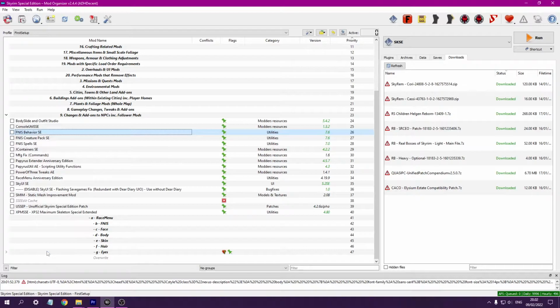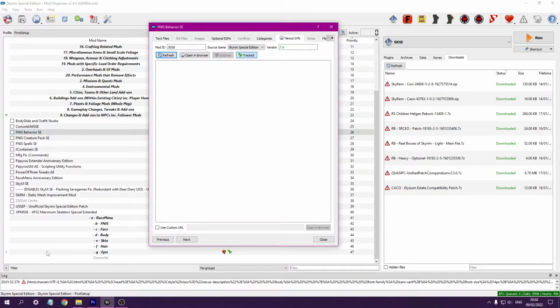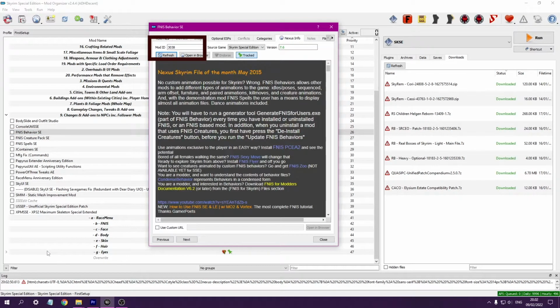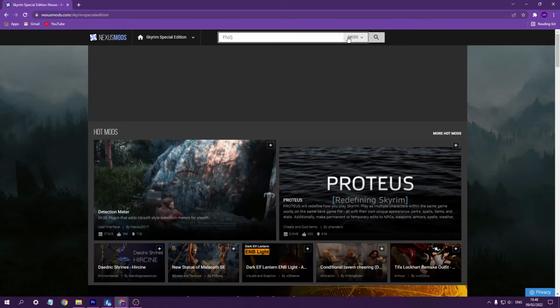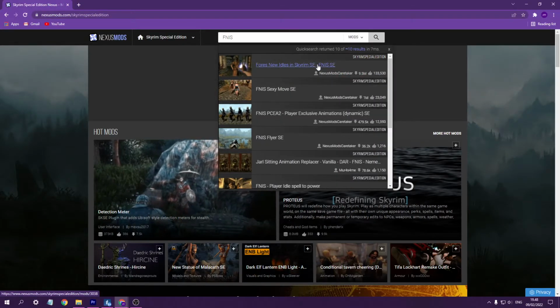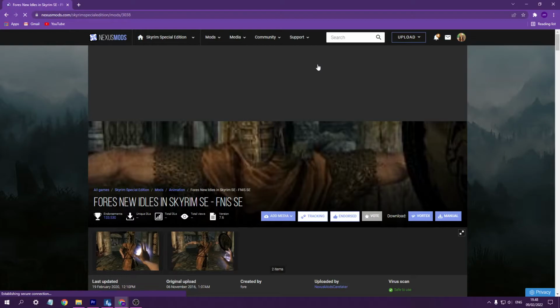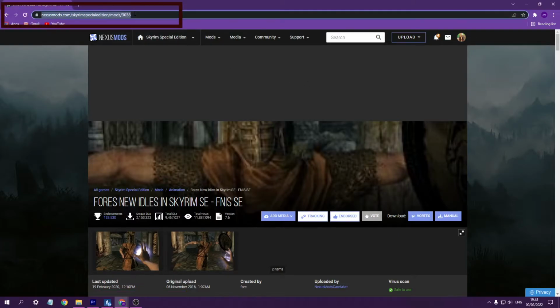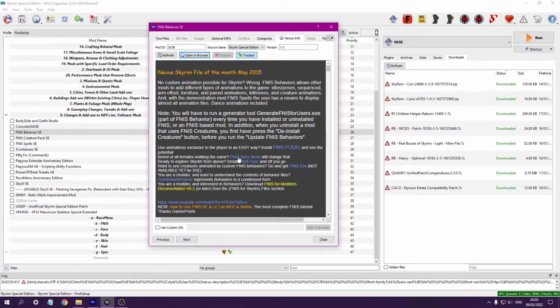Select Information. A pop-up window will appear where you can enter the mod ID number from Nexus Mods. Visit Nexus Mods and search for the mod you need. In the search bar, you will see the mod ID. Type this number into the mod ID bar on MO2 and click refresh. Now your MO2 mod is linked with the official mod page on Nexus.